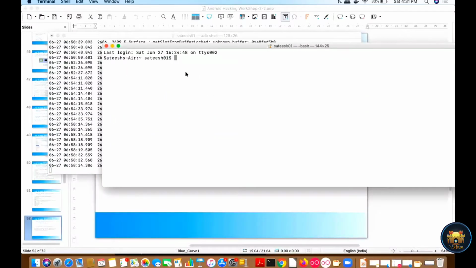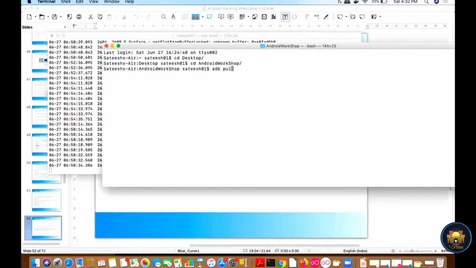So my task is to pull out the files, right? First I will navigate to the folder where I want to store the pulled files. I will navigate to desktop, cd Android, and Workshop, and I want to pull my files here.